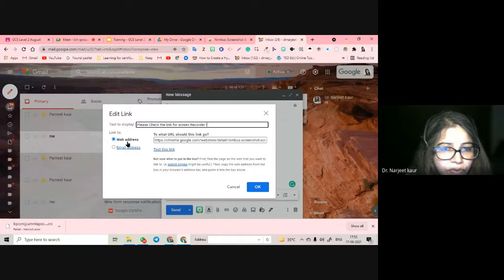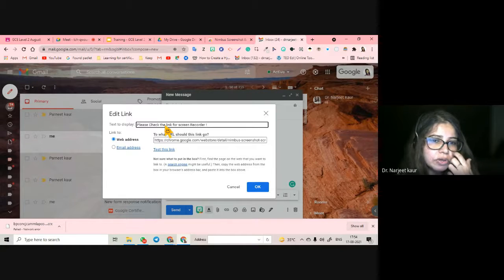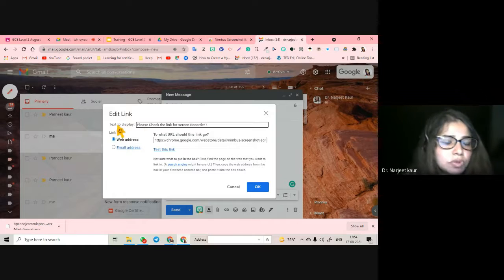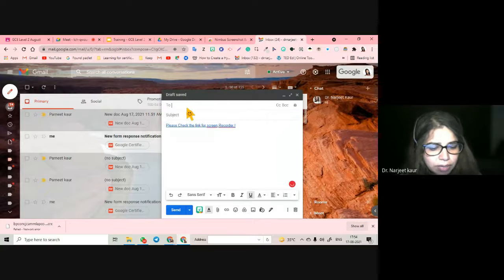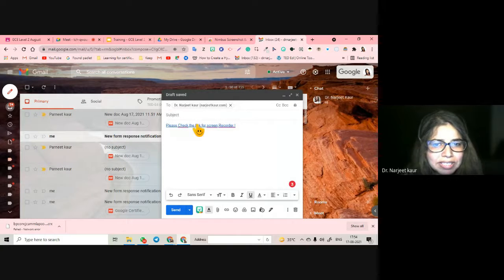Now this place will use your address bar, that is the link for the URL, and this you can catch the attention of the person you are sending to by making them display the text, and it looks neat also, right? If you want, you can test this link, you can mail this address also, you can directly do that from here. Link to an email, you can test this link also, but I don't want to right now. So I click on OK, and you just have to type the name of the person to whom you are sending. You have to write the subject and you are good to go.